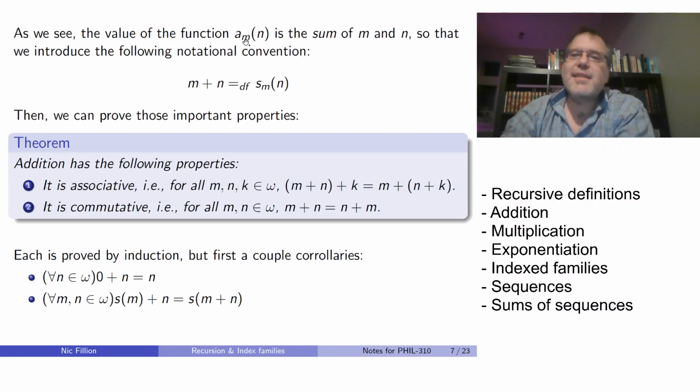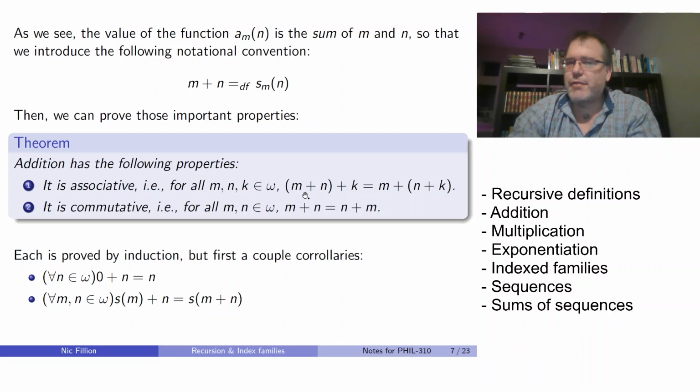Now, since the function a sub m of n, as I said, corresponds to the sum of m plus n, we're going to introduce the notation m plus n by definition as being equal to that function here, okay? Now, with that notational convention, we can already show that addition has the properties that we expect, namely that